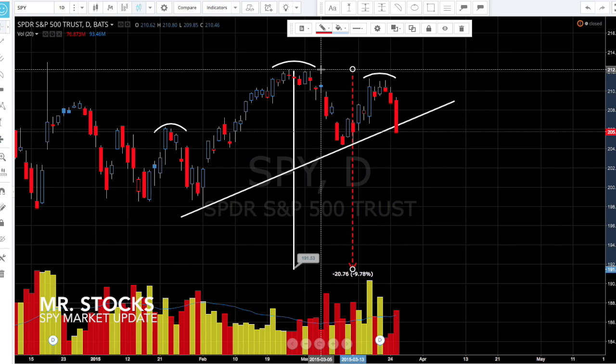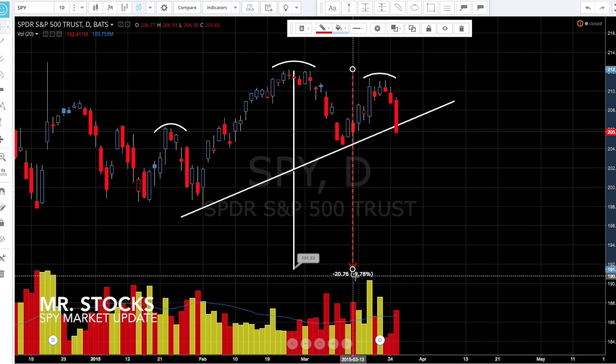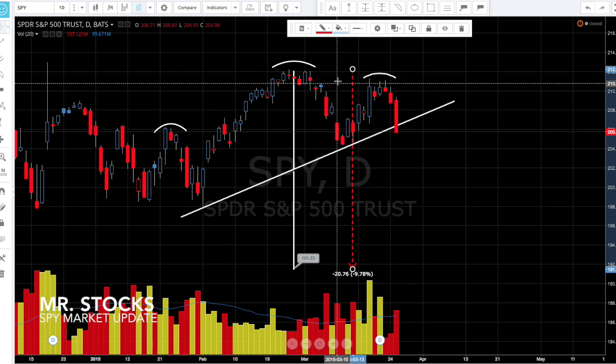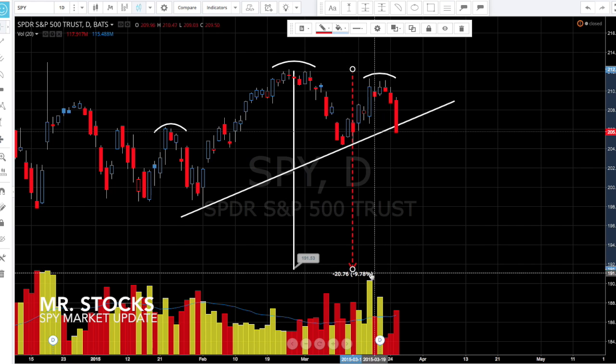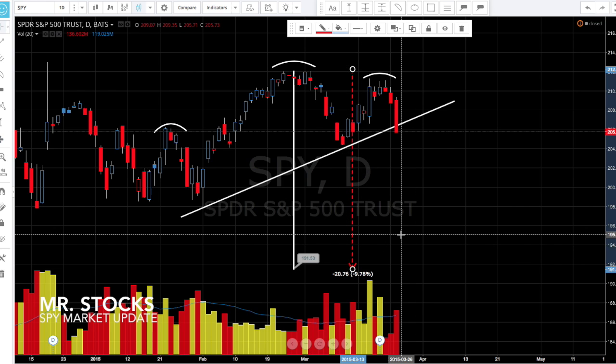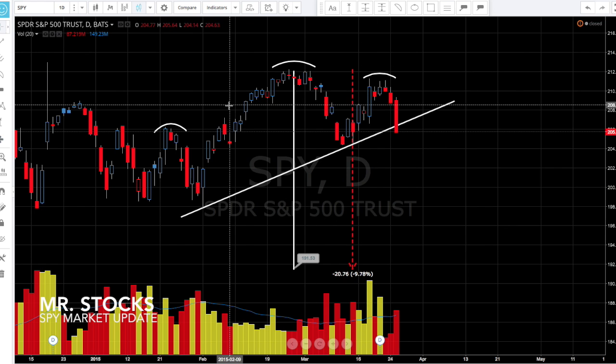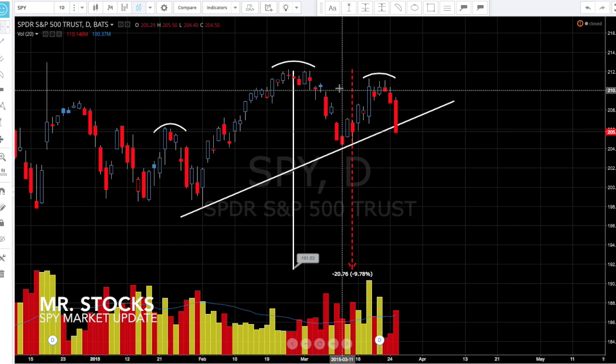But if we measure the distance from this head to this point here, we are looking at a 21 point drop and about a 10% drop, which would put us into correction mode. And so what happens at this point, this area will be of interest. We will take a look at that time to see what happens. So let me take a look at some other